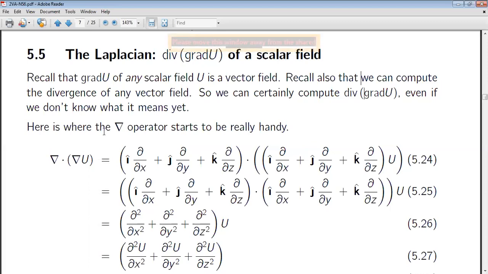Here this operator, the reverse of the triangle symbol, is known as the Nabla operator. We have already discussed the value of Nabla: i ∂/∂x + j ∂/∂y + k ∂/∂z. The divergence of the gradient of u is written in symbolic form as Nabla dot Nabla u, where Nabla u is the gradient of the scalar point function u. So we have to take the gradient of the scalar point function, and then take the divergence of the result. Okay.